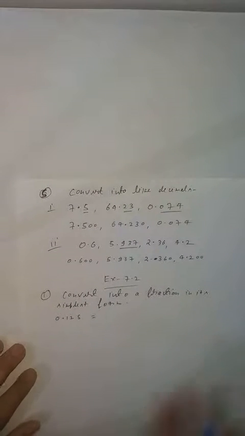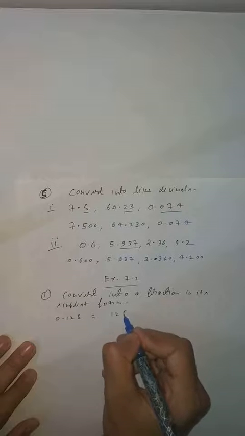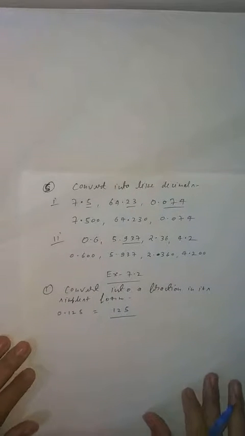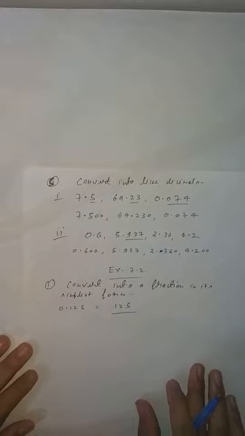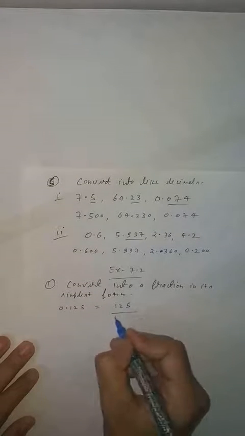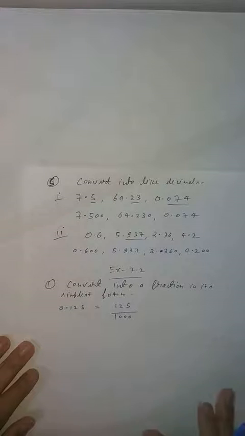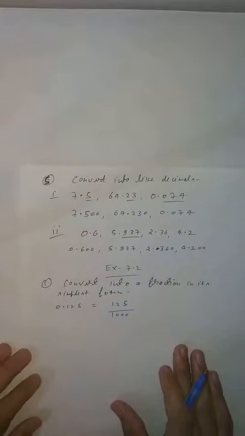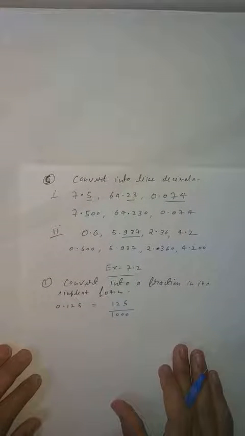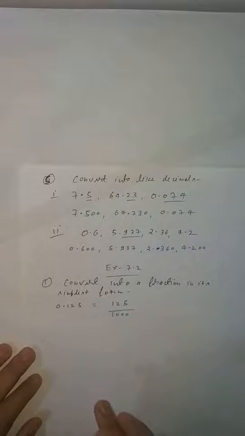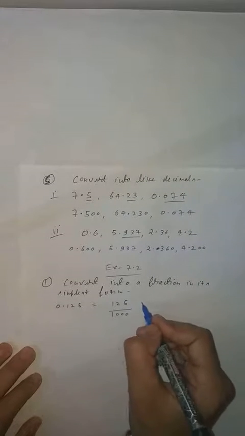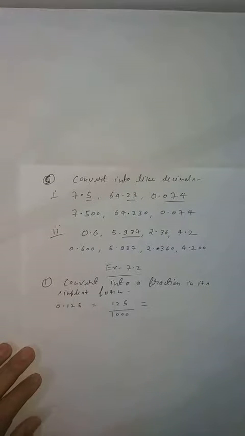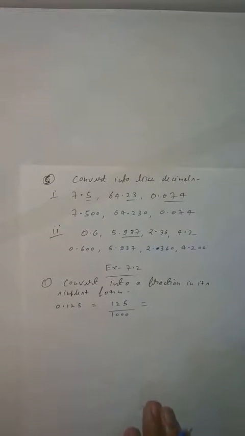So first convert into a fraction. You can write 125 over, as I explained, student, after the decimal you have to see how many digits are given. You can see after the decimal 3 digits are given, so you will add 30. Simply, I explain. If after the decimal 1 digit is given, you will add 10. 2 digits, 20, and 3 digits, it means you will add 30. So now you have to convert it into simplest form. What is simplest form, student? It means you have to reduce it. Clear?